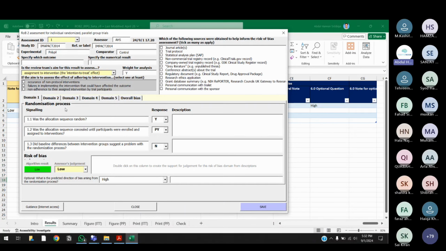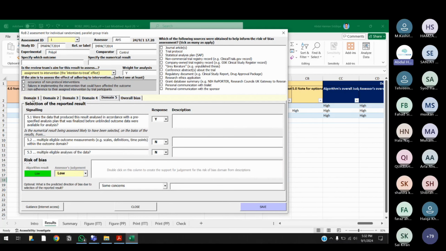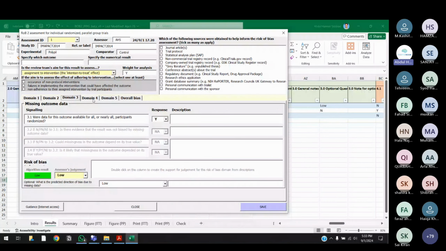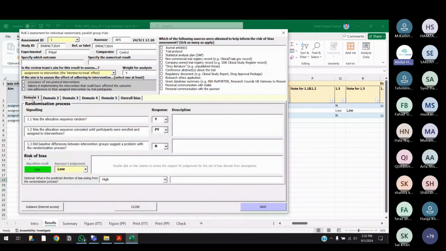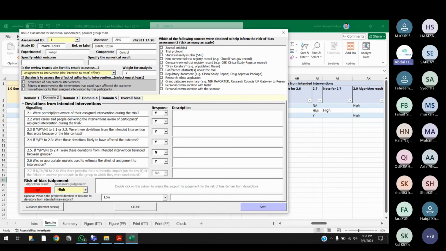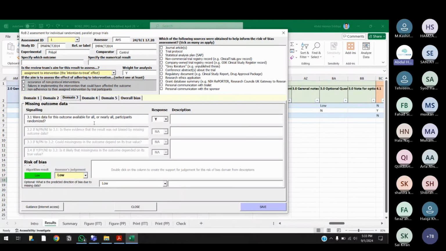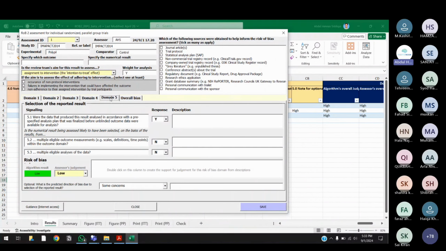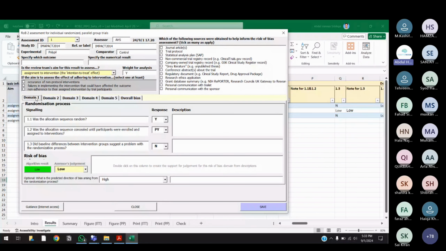अब if you guys remember, Newcastle Ottawa में 3 domains थे, selection domain, comparability domain and then outcome domain, ठीक है? वहाँ पे 3 domains थे. RoB 2 के अंदर there are 5 domains, domain 1, 2, 3, 4, 5, okay? अब उसके बाद if you see नीचे, domain 1 में there are 3 questions, 1, 2 and 3, सही है? And then domain 2 में there are 7 questions. Then domain 3 में there are 4 questions. सही है. Domain 4 में there are 5 questions and then domain 5 में there are 3 questions. ठीक है. So it is exactly the same as was the Newcastle Ottawa PDF.